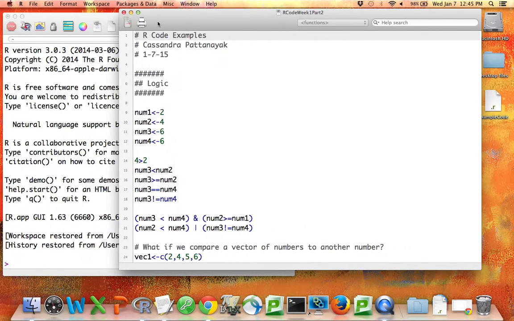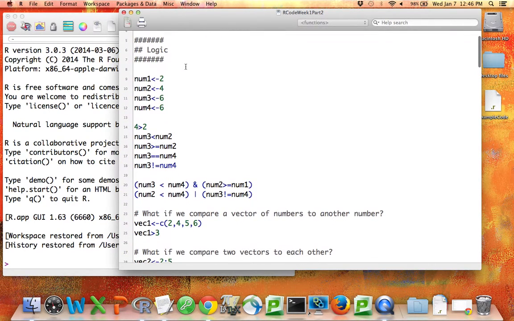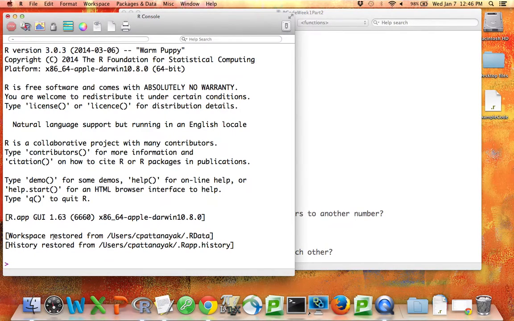What I'm going to do is walk through this code file, and we're going to go back and forth looking at what comes out. The first thing I want to talk about is logic. We've talked about the fact that R understands numbers, and it also understands strings, right? So R understands